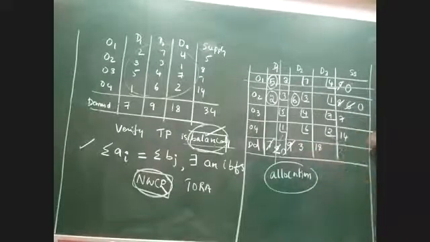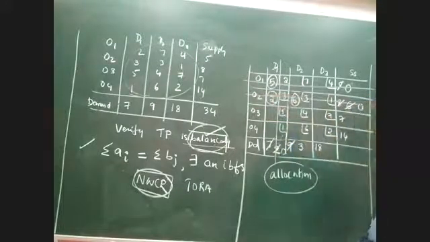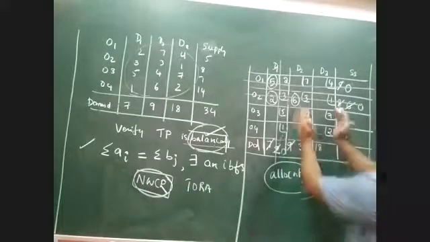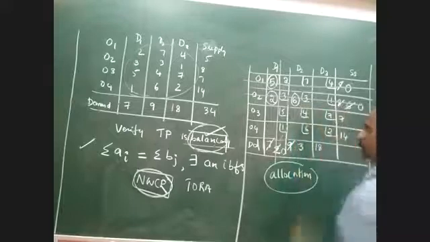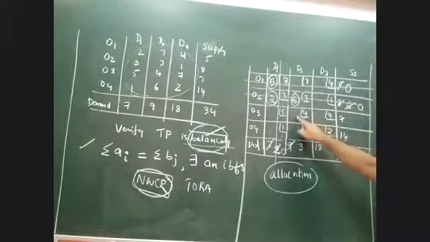Once it is becoming 0, what am I supposed to do now? Which row or column should I strike? Second row, sir. Rows. O2 has to be cancelled. Again, now you can see the matrix is further reduced. Now the matrix is only these 4 elements. Which is the northwest corner element? 4. Very good, 4 is the northwest element.